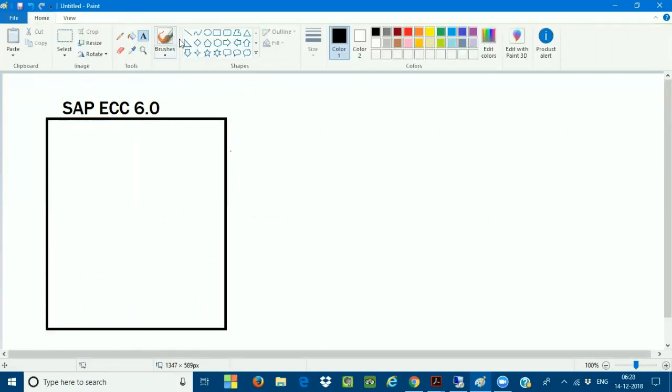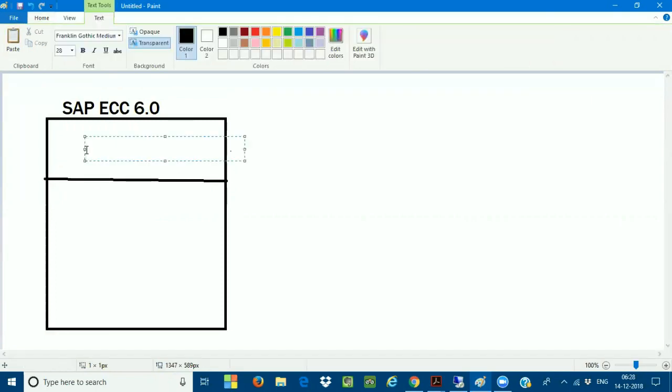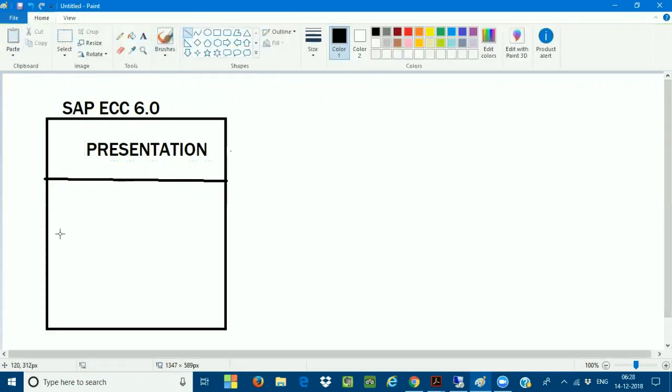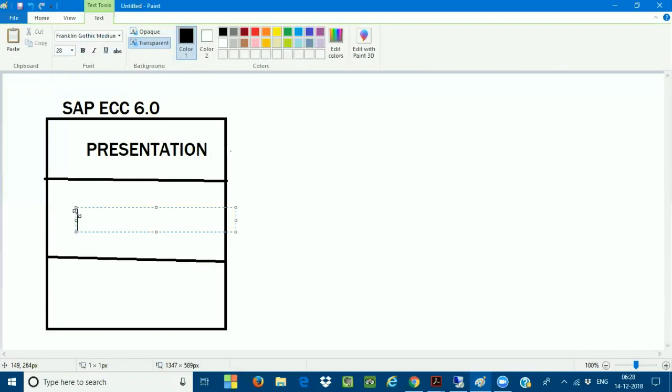The front end we always use is SAP GUI. There is no other front end we are going to use. The front end is always going to be the GUI, which is called the presentation layer. Presentation we use as a GUI, and the middle layer is called the application, which is the kernel level software. The middle layer we call the application, SAP ECC application.